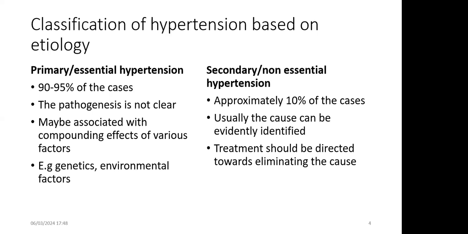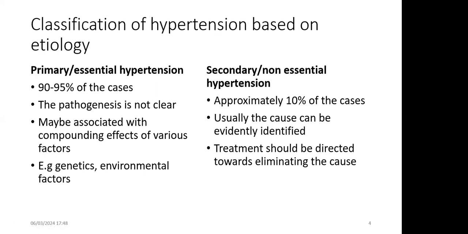There are two categories of classification. We have primary hypertension, and we also have secondary hypertension. Most hypertensive cases are actually primary hypertension. These are cases where the cause is not very clear. The pathogenesis is not clear and may be associated with